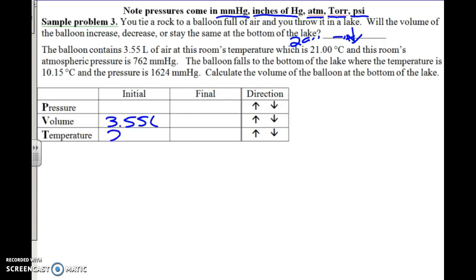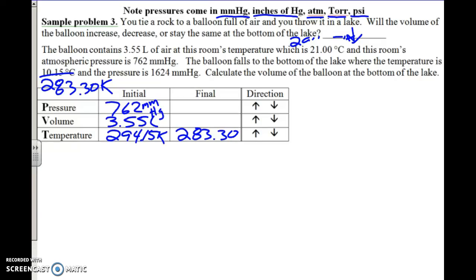So I had a temperature of 294.15 and atmospheric pressure of 762 millimeters of mercury. It says the balloon falls to the bottom of the lake where the temperature is 10.15. So 10.15 would be 283.30 Kelvin. Cross that out, so that's where it's going to go to, 283.30